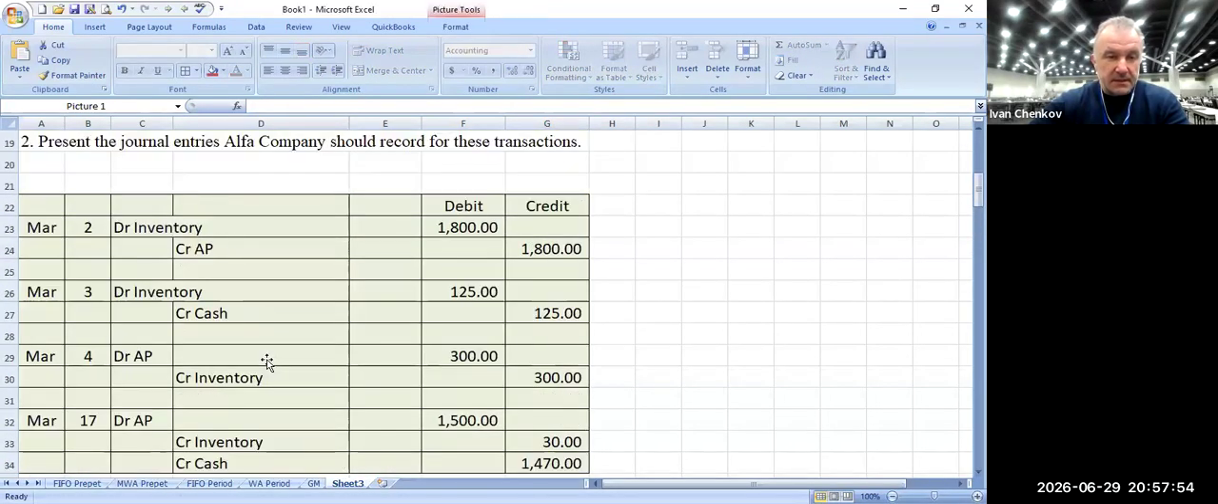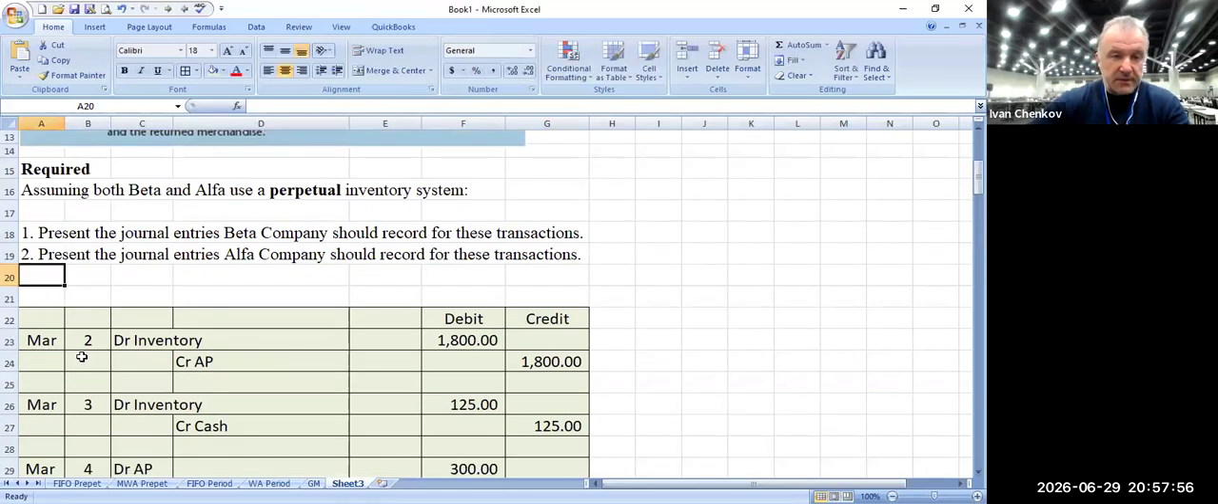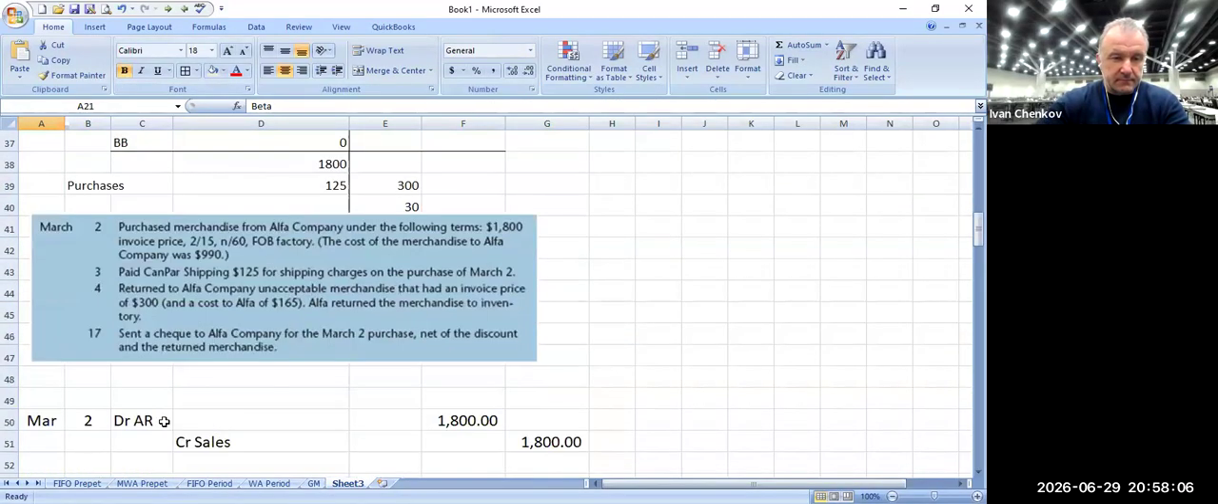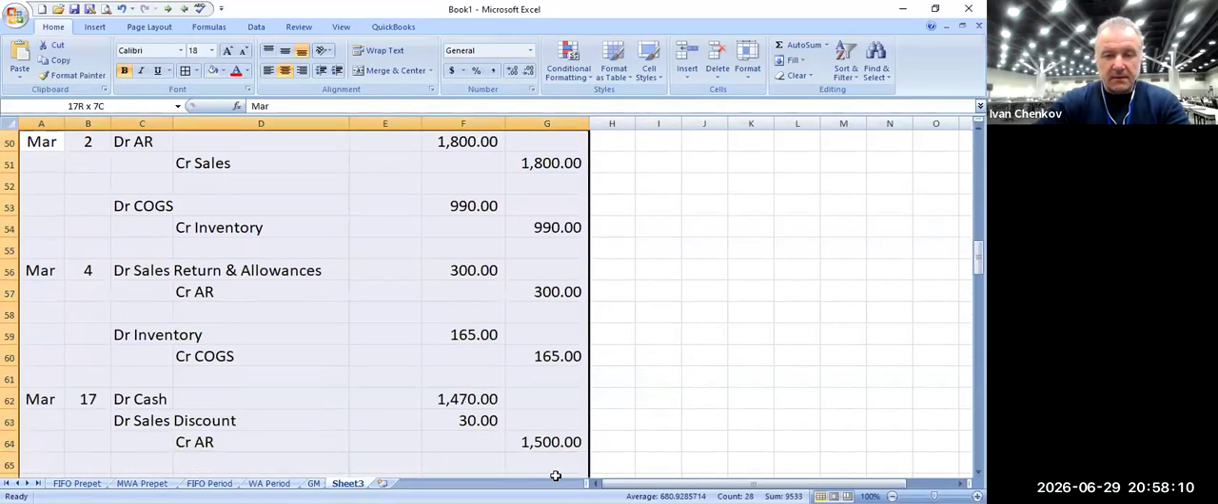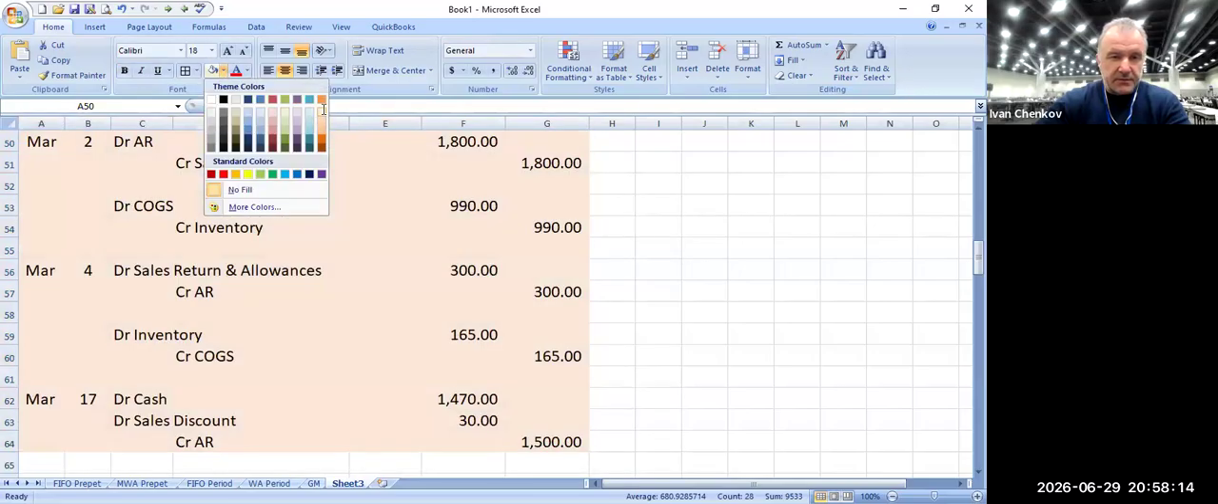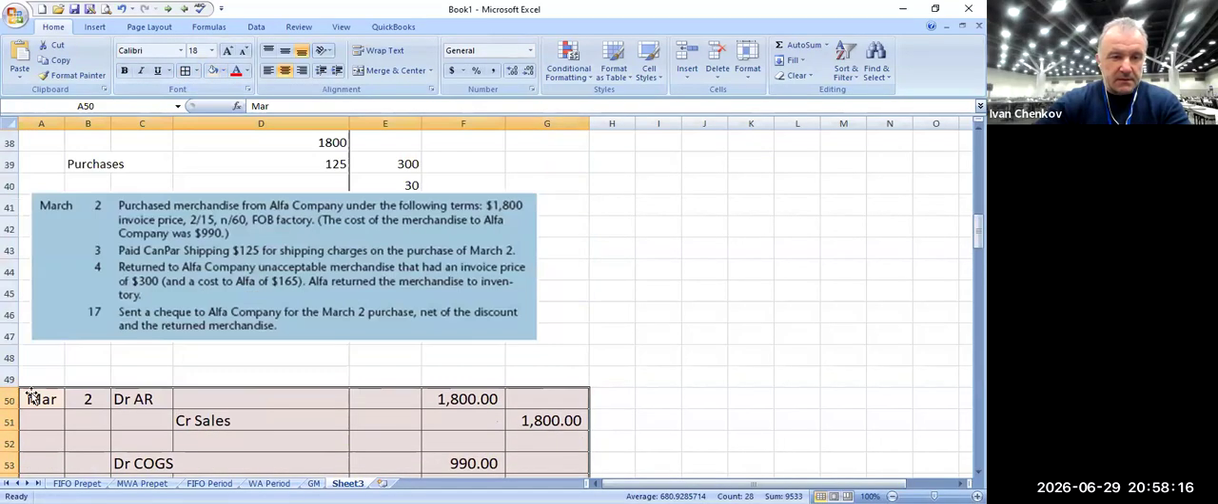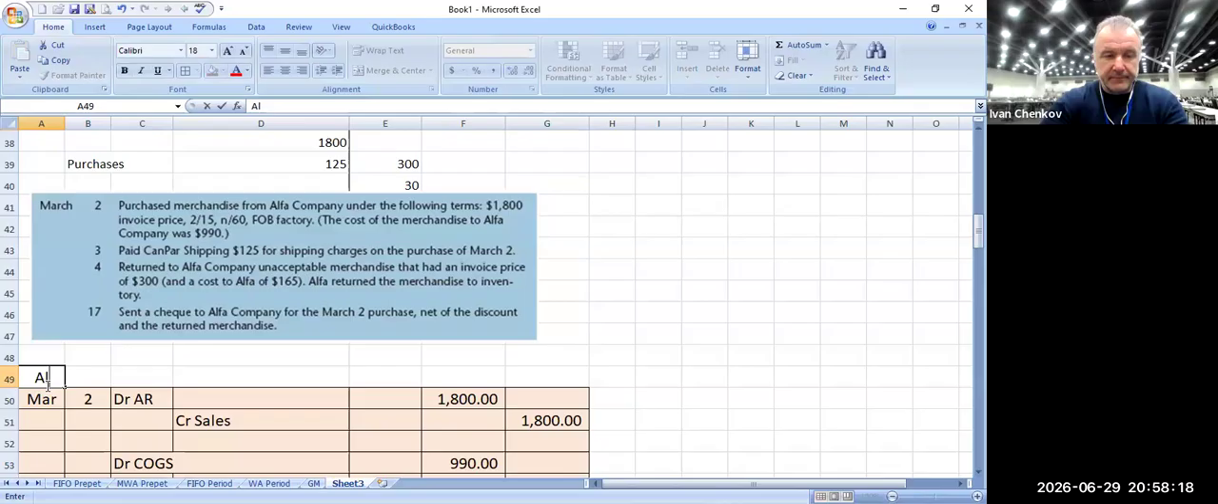So as we can see, let's see the logic. This one is when we are Beta, and this one is when we are Alpha. Let's do the same thing here, and let's observe those journal entries for a second. This is when we are Alpha. One thing I want you to notice is,